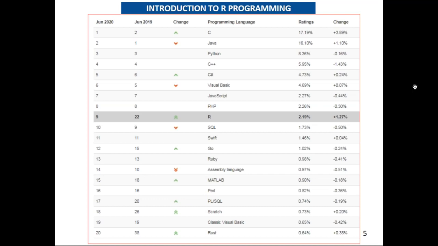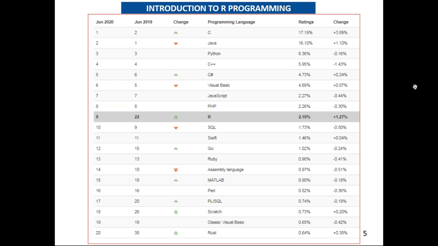These are the top 20 programming languages listed in order in June 2020. Their last year rank is also mentioned under the column June 2019. Then the change, whether popularity has increased or decreased, the name of the language, then the rating based on the reviews, then the change percentage is also given.